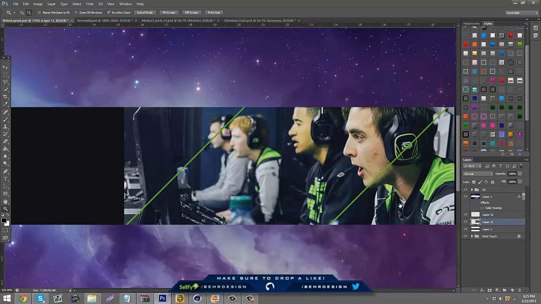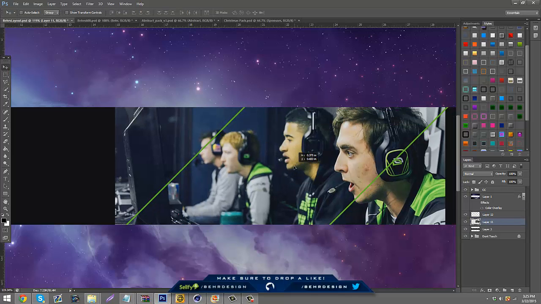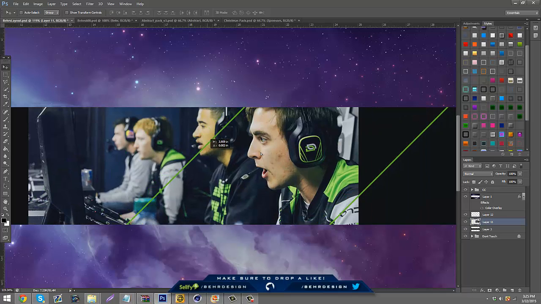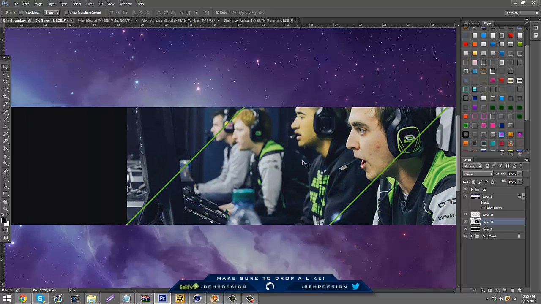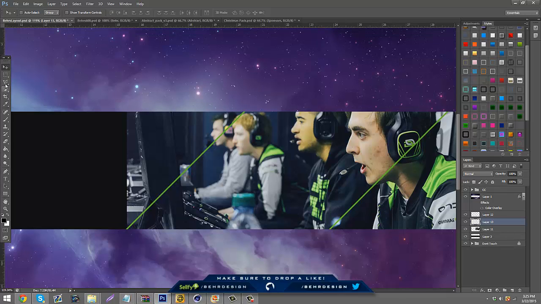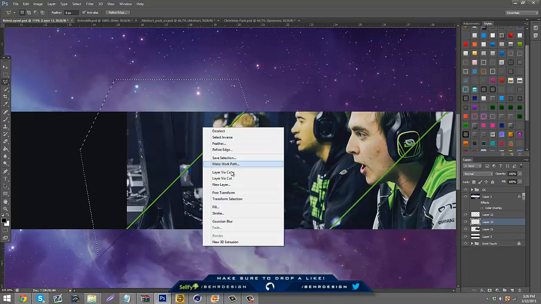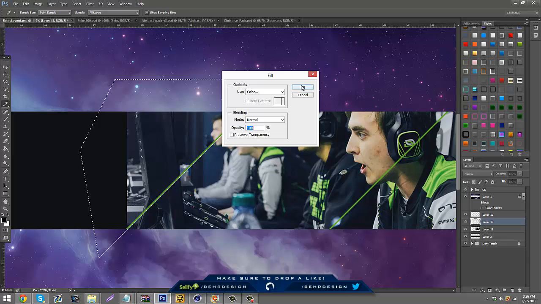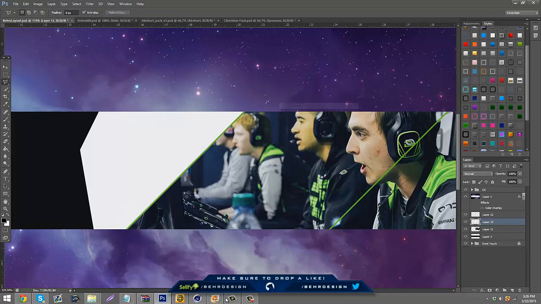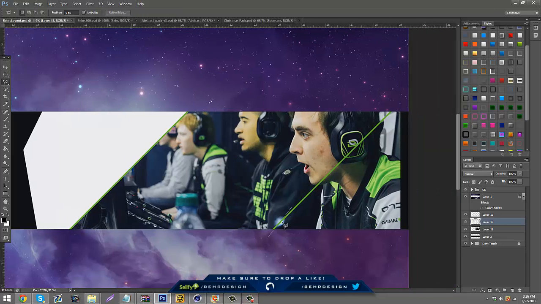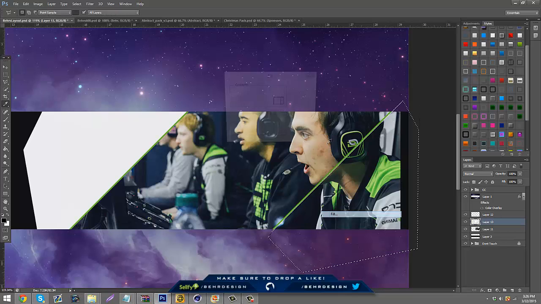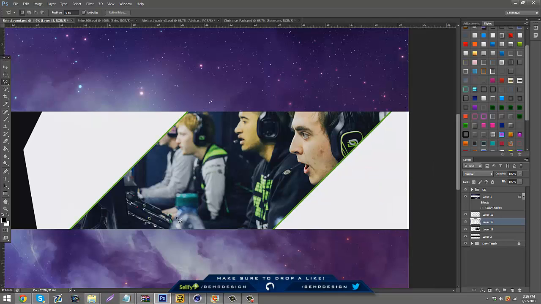Alright, and I can just take this and find a spot to use. And what else you can do, just to make sure you don't have to delete it and go back, you can just take your tool and make another black layer. We're going to put a fill on it, whatever color goes, just so you know what your picture is going to look like when you delete everything. So you can obviously mess with this.